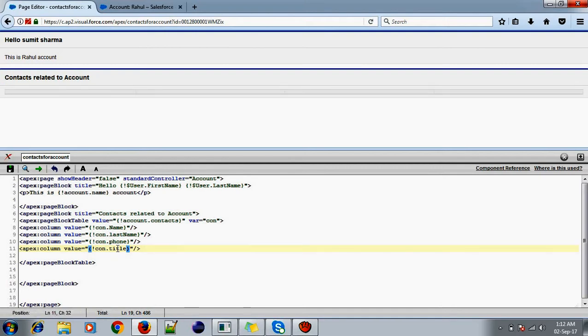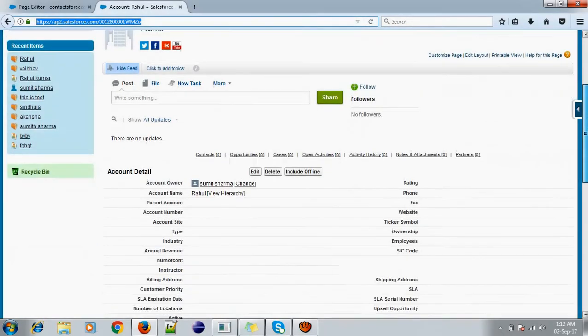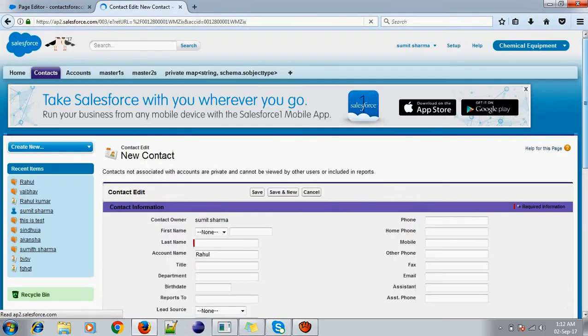After we save it, we are not getting any data, because this is the account, this is the parent, and this is the child. Do we see any records here? No, right? That is the reason we cannot see the data.